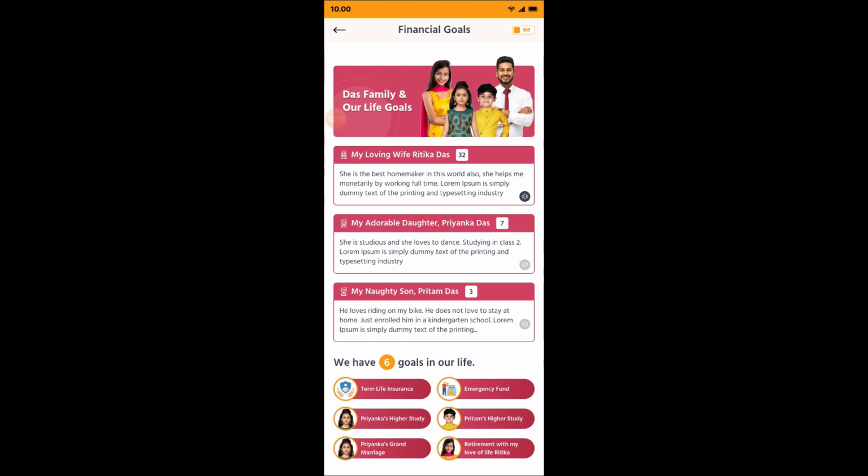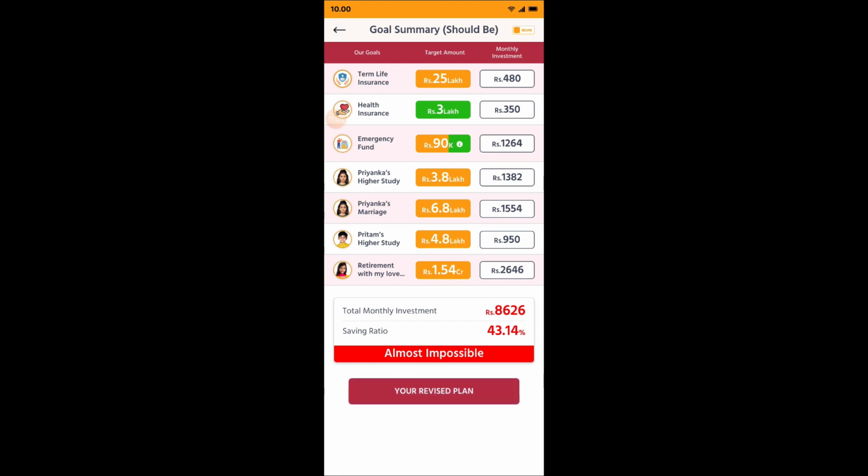So I would like to add one feature that we have: the language toggle switcher, which is there in the top right corner. If we are changing it from Hindi to English, it changes the whole app from Hindi to English, and we can again change it back. If we want it in Hindi, we can change it to Hindi, and if we want it in English, we can change it to English. So here is the final financial plan.